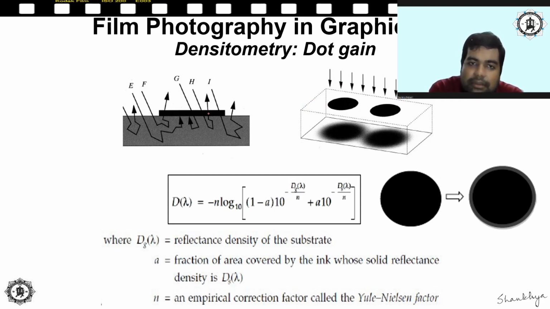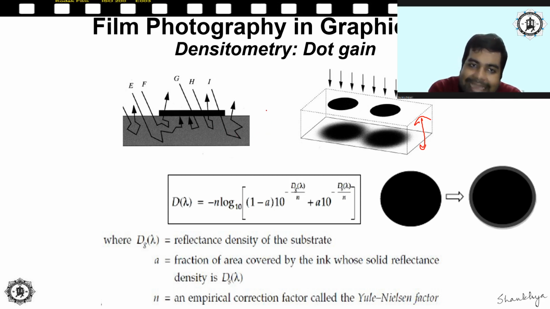So let us consider this. This is the emulsion layer of the film. All right, now the image is forming here, right? This is the image area. So consider these are two images basically. Okay, so light is falling over here and it is hitting the surface, it is hitting the image over here, and the final silver is getting deposited over here.